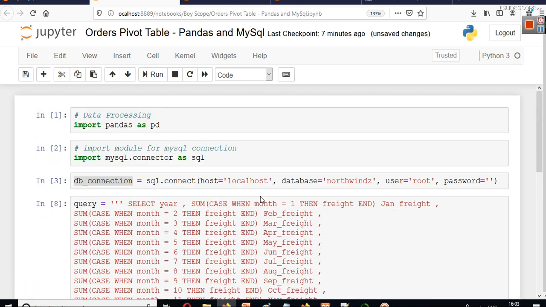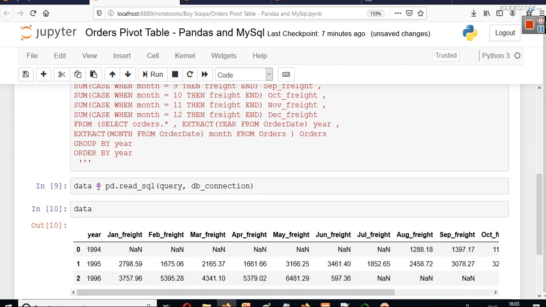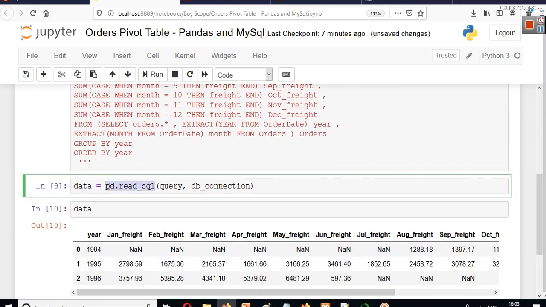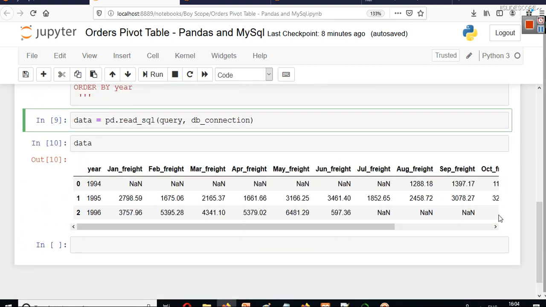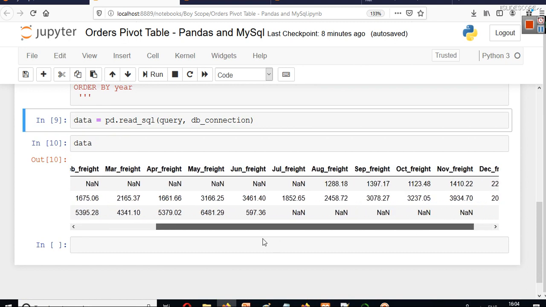So the thing is, you first have to create a DB connection, then you have to create pd.read_sql. Here pd means pandas. This is simply an alias of the pandas module, and because we are using the alias, we can use the methods of the pandas module with the help of this pd. And read_sql is one method. In read_sql you first write your query, and then you give the name of your DB connection. So now we have this data and this information here.